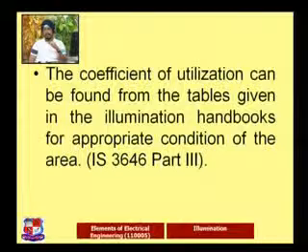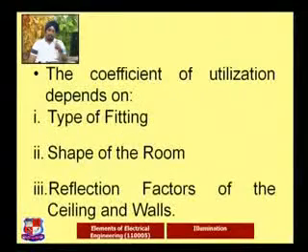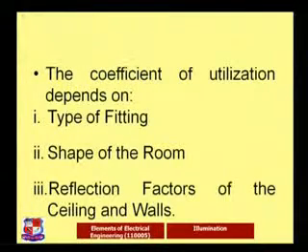It is a practice that there is a handbook from which we find the coefficient of utilization. But all these points are very important. As we said, this utilization factor depends on the fitting and the shape of the room, meaning the area. If the area is broad and we do not use the fittings properly, certainly we are not able to see the object properly. So the coefficient of utilization depends on all these particular things. Small things can affect the efficiency of the overall system.